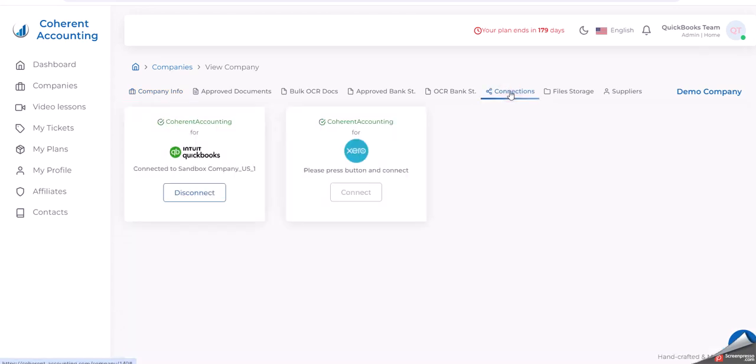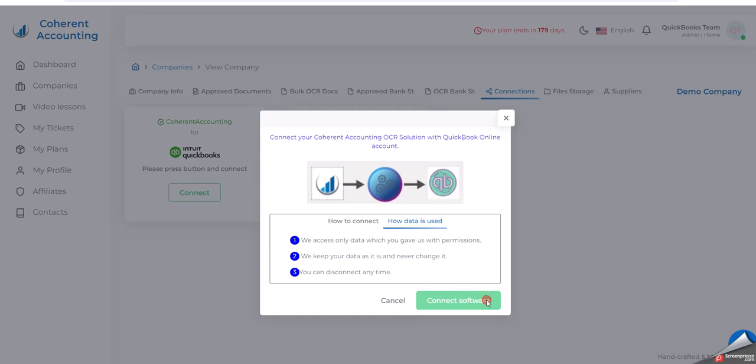The next thing which you need to do is the following. Go in the connection tabs, and you can see here that we have the connection already established with our demo company from the sandbox. And first we can disconnect ourselves. From here you can see that we were disconnected successfully, and here it shows that we are not connected. Here we will connect again